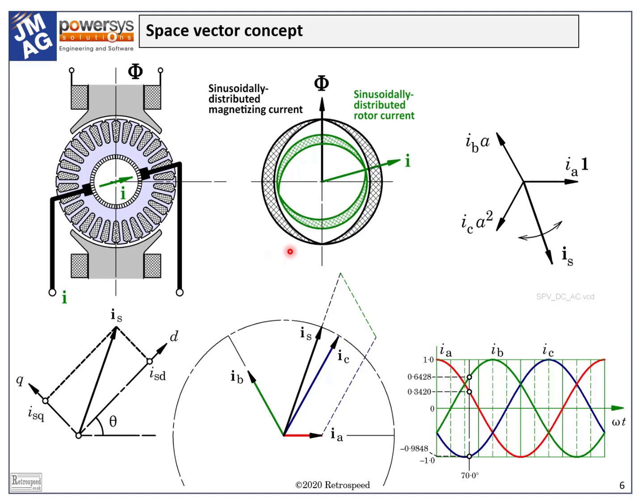Secondly, the field poles on the rotor of a synchronous machine are usually on the inside, whereas in the DC motor the field poles are on the outside. But for the purposes of our argument, we can dismiss that too as an unimportant detail of topology, because what is important is the relative motion between the rotor and the stator, not which one is stationary and which one is rotating.